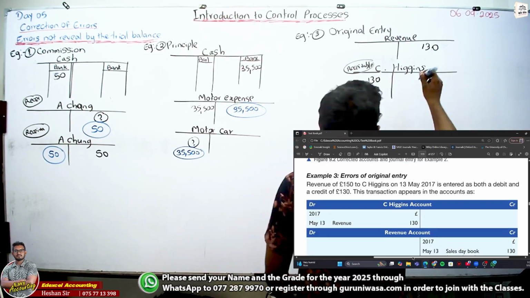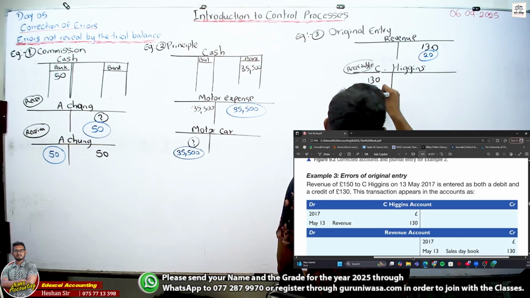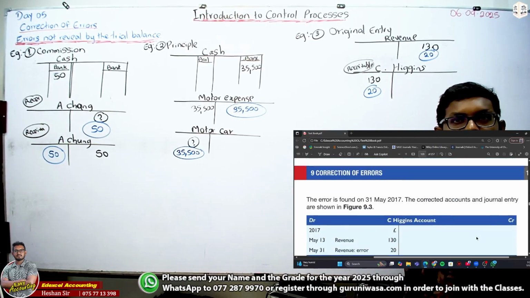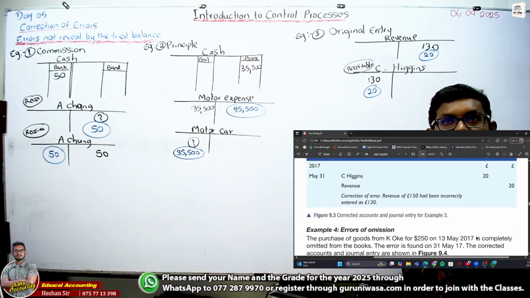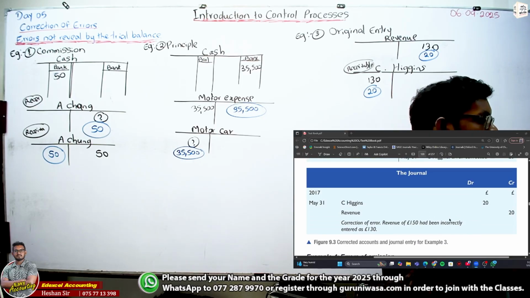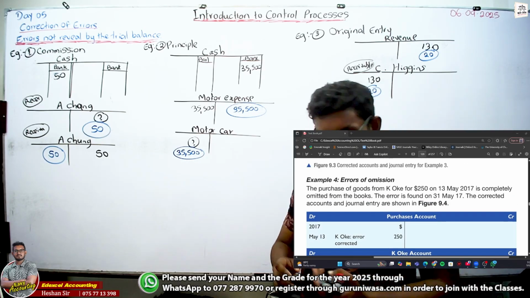To correct it, we debit 20,000 here, then this will increase up to 150. Clear to you? Send me a thumbs up. Hope it's clear to you, right? So next one, number 4,